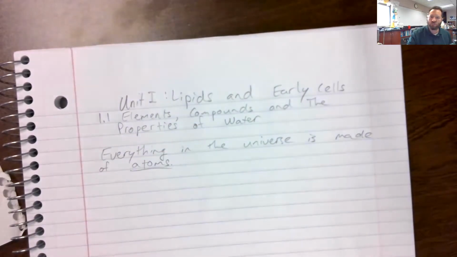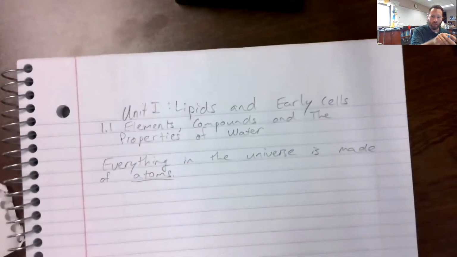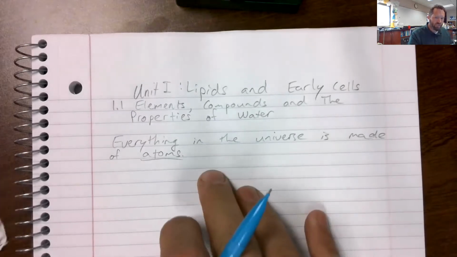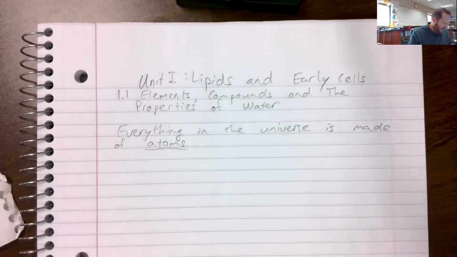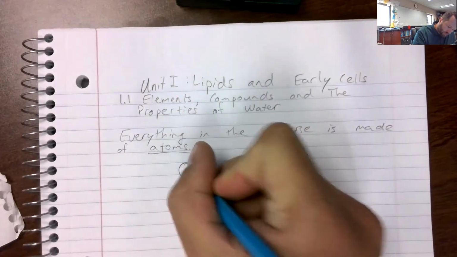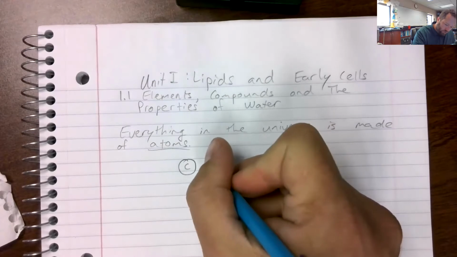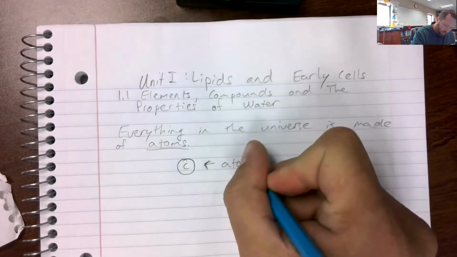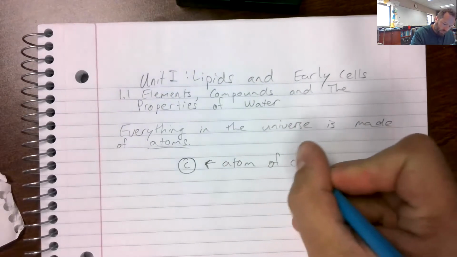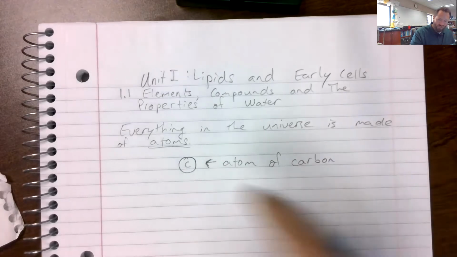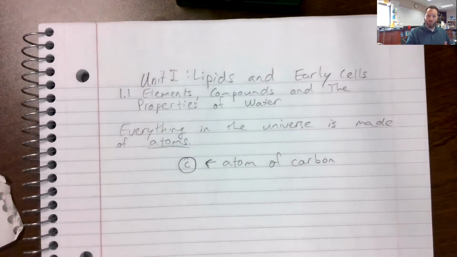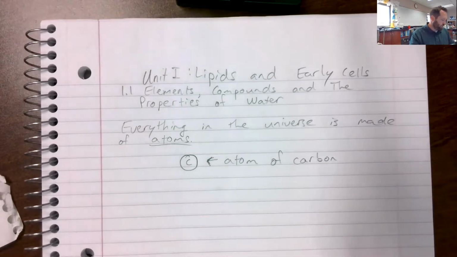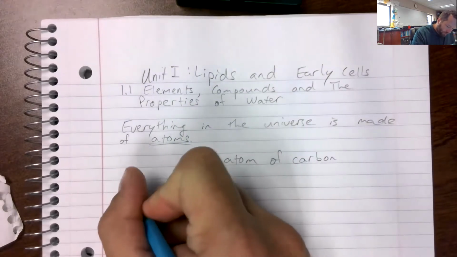All right, so getting into it then. Everything in the universe is made of atoms. Atoms are considered to be our basic building block of all matter. So everything we're going to work with is made up of atoms. When you take chemistry next year, you learn that atoms don't really look like this. It's kind of like a marble. There's a bit more to them, but for this class, we usually will visualize atoms as kind of just a marble. So there's an atom of carbon, a marble with a C on it for carbon. One step up from atoms,